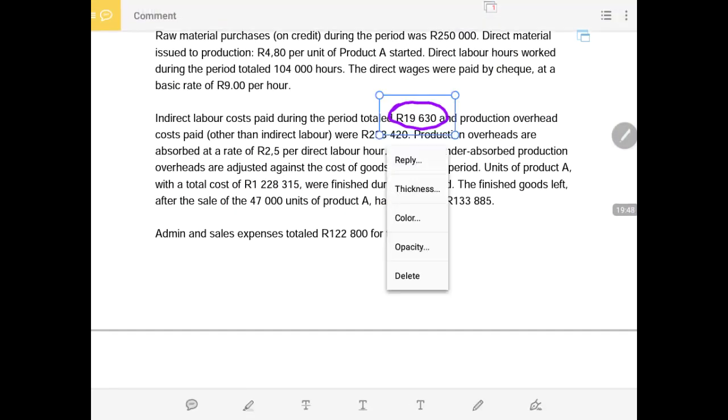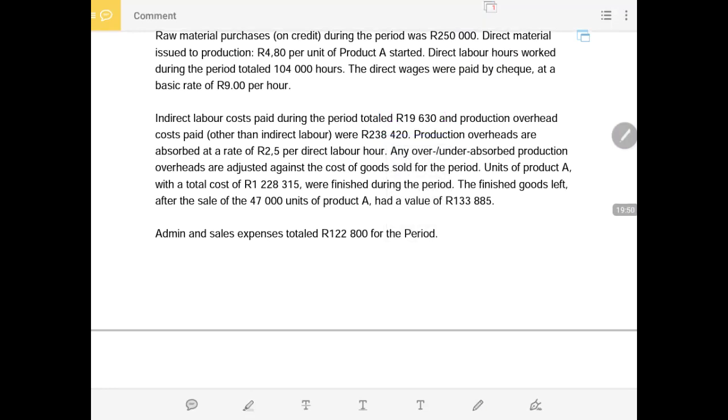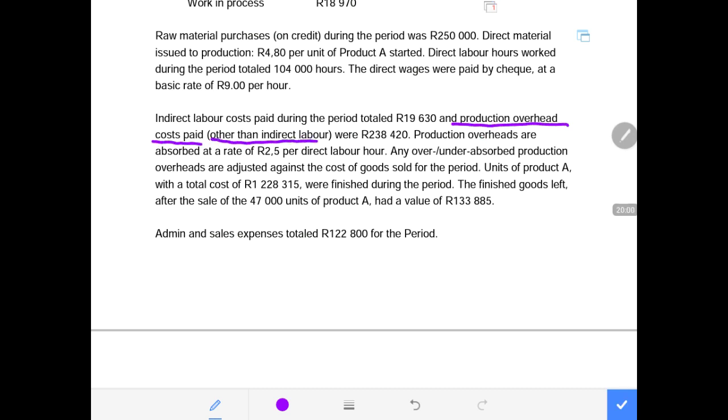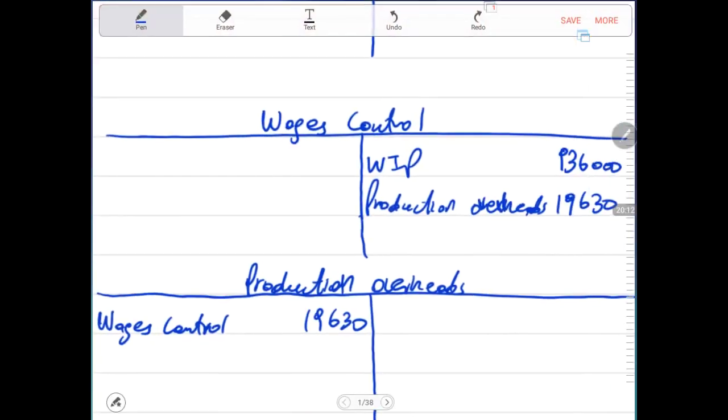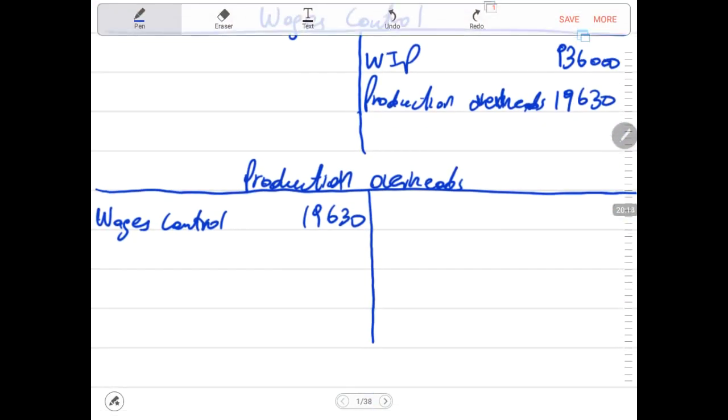So the indirect production labor cost we have captured, and production overhead cost paid other than direct or indirect labor were 238,430. So these are the other production overheads. Now we are not required to record the ledger account of other overheads, but under our overheads we need to record this